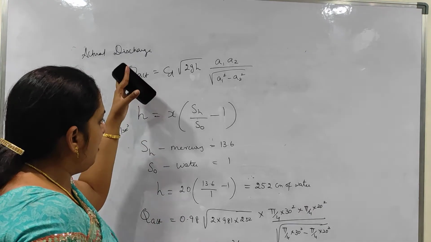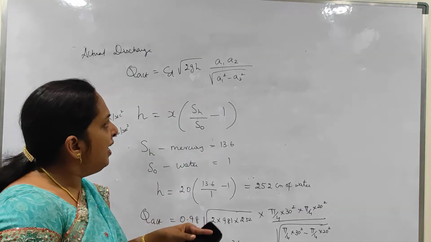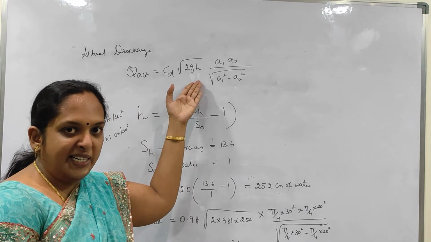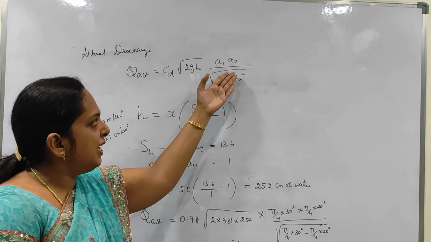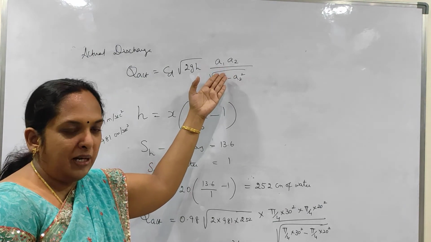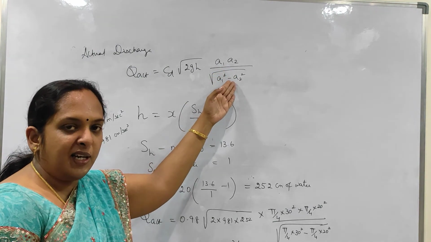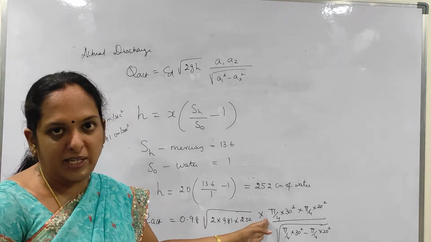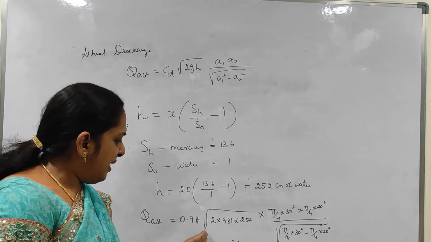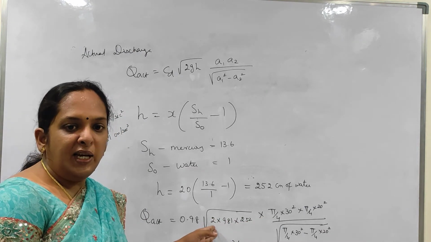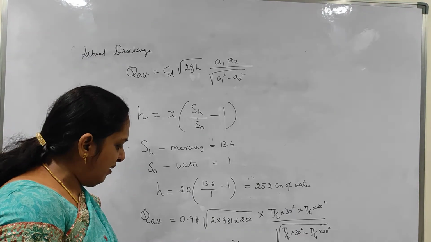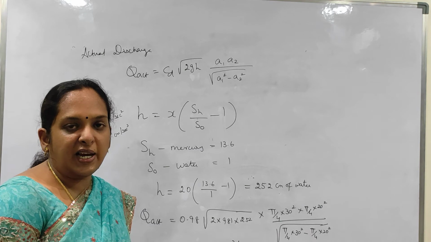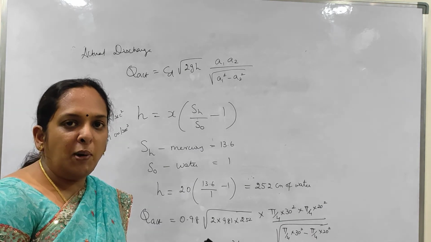So here the rate of flow we have found out by just substituting in this equation, and A1 is the area of the venturimeter at inlet, that is at section 1, and A2 is the area of the venturimeter at throat, at section 2. So we know the diameter at each section given in the problem. Just we can calculate the area by having the formula pi by 4 d square. So substitute in this and just go for simplifying it. It's very easy, and the final answer we are getting is 125.756 liter per second.